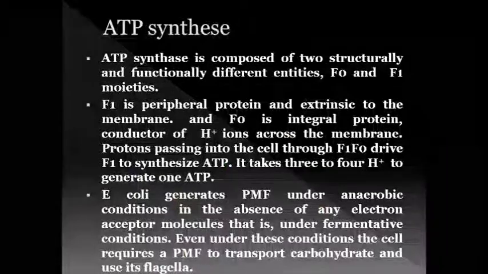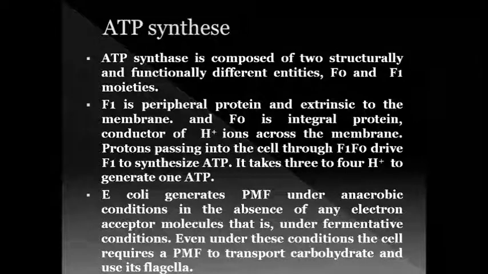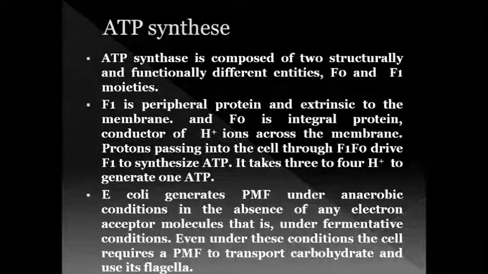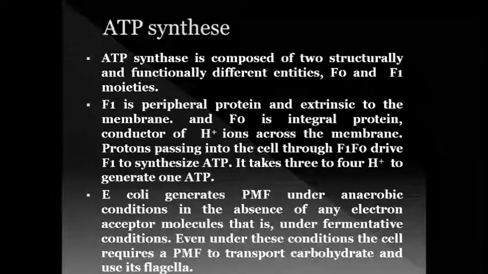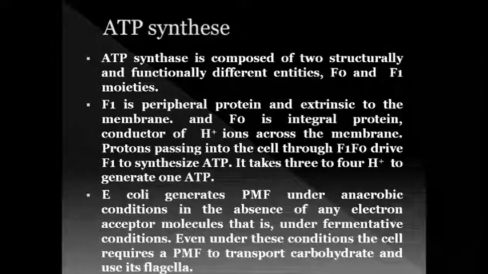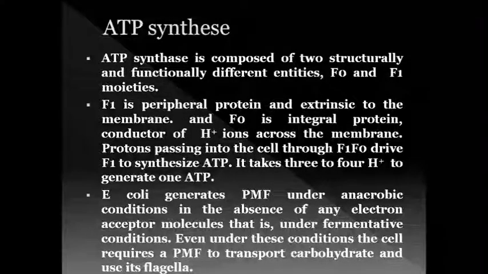About the structure of ATP synthase. Here we can study F1 F0 ATP synthase. F1 F0 ATP synthase is made up of two moieties, F1 and F0. The F1 moiety catalyzes hydrolysis of ATP into ADP. F1 is attached to the membrane by a pore complex called F0. The F0 moiety serves as a conductor of hydrogen ions across the membrane.